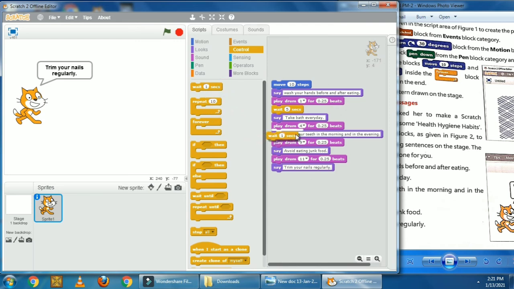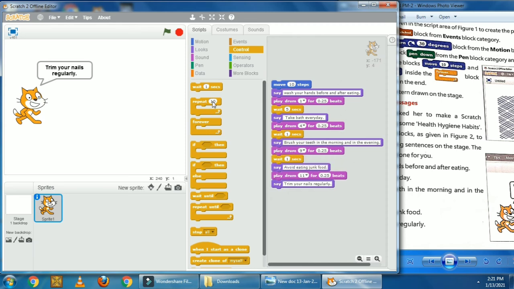Again take it and place it below the second, again take it and place it below the third, again at the fourth, and again take it and place it at the last. Don't have to take. Okay, so keep it back. Now here every time click on 1 and press 5 from the keyboard, click and press 5, click and press 5. So we have added a wait block between each message, because after 5 seconds it will display us another message. Okay, so let's now execute this project.